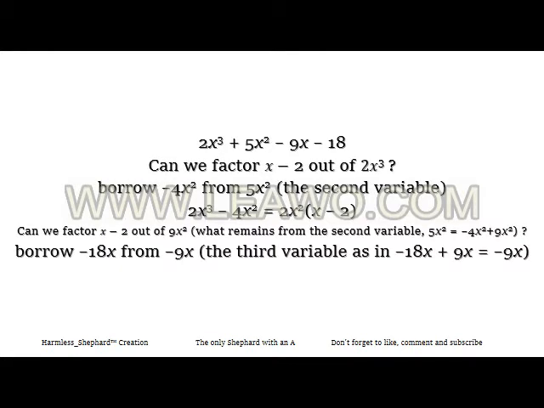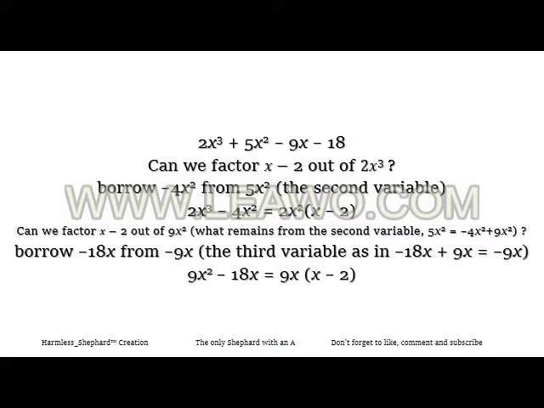Borrow minus 18x from the third term, which is 9x minus 9. We borrow minus 18x. Look into the bracket, you'll see how we did the borrowing. Borrow minus 18x, we'll be left with plus 9x. So when we borrow that, we add that minus 18x to plus 9x squared that is remaining from the second variable, where we borrowed minus 4x squared. So when we add that minus 18x, we'll be able to factor out x minus 2,